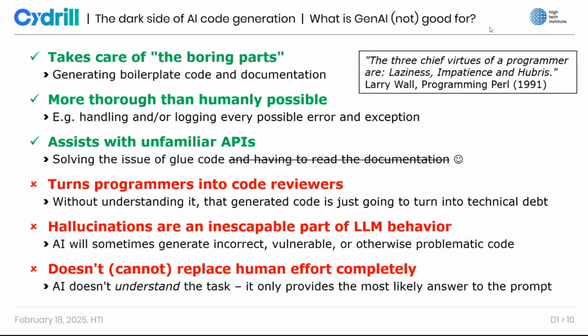Obviously, this is a less serious part of this, but as I mentioned, there are definitely parts the generative AI is good for. It is very good at dealing with boring stuff. It is very good at being thorough. It is very good at dealing with APIs. It is very good at documenting and explaining as well, which is a connected topic. So there are many things it is useful for. We just should be aware of the limitations.